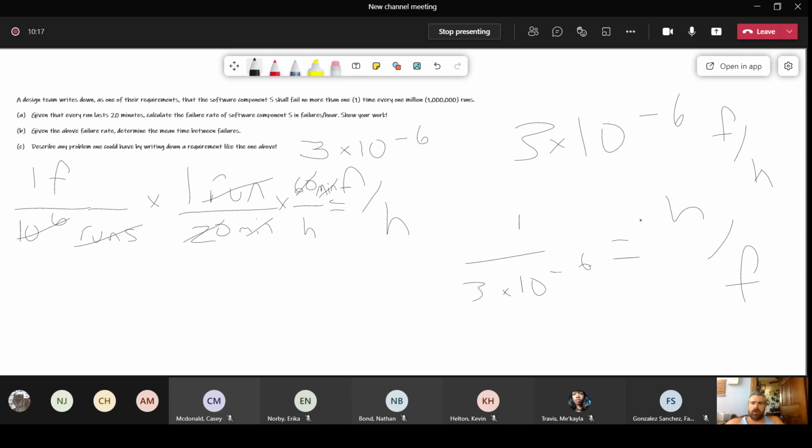I didn't give you a unit for how much time is on there. So 1 over 3 times 10 to the negative 6th is something like 1/3 times 10 to the 6th,